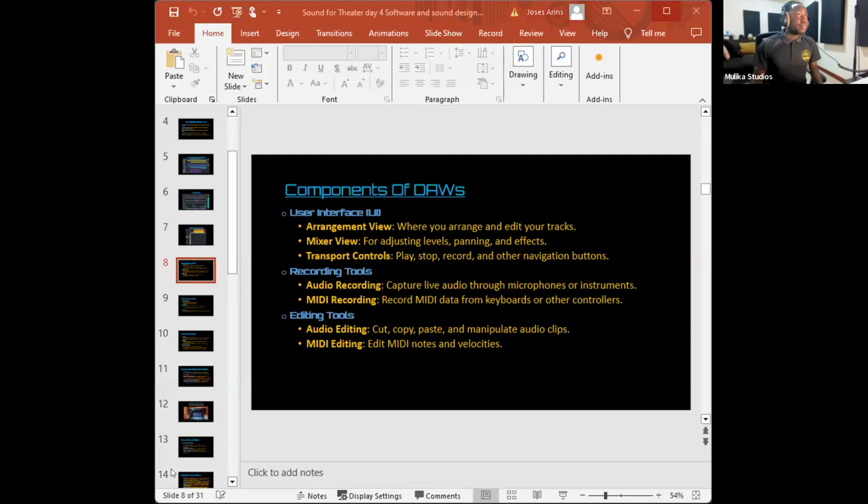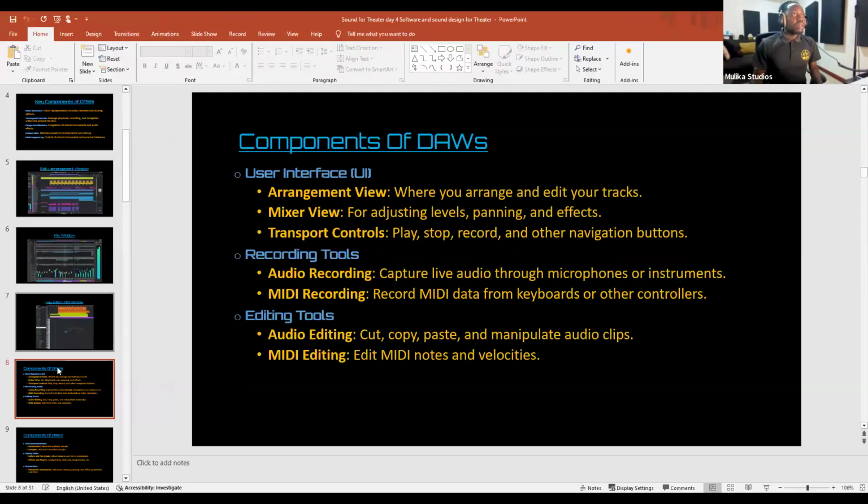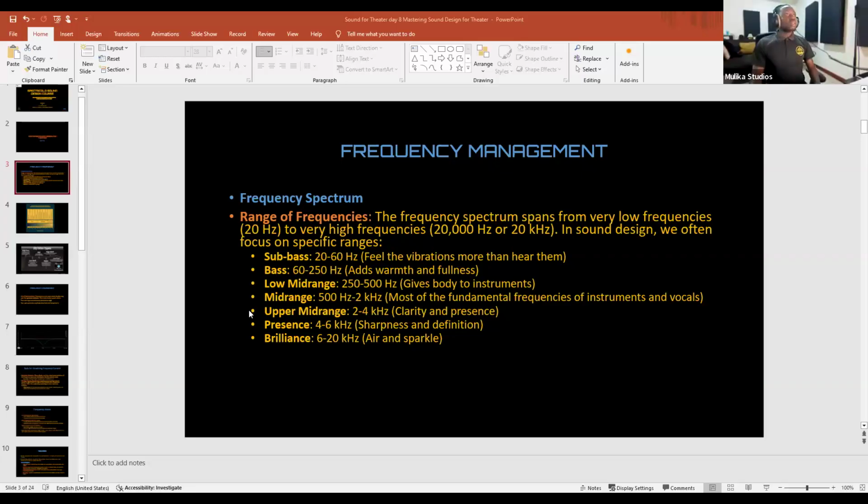Now that, yeah. Oh, components of DAWs. That's like an old class. Where is our new one? This one? Yeah. This is the right one. So,